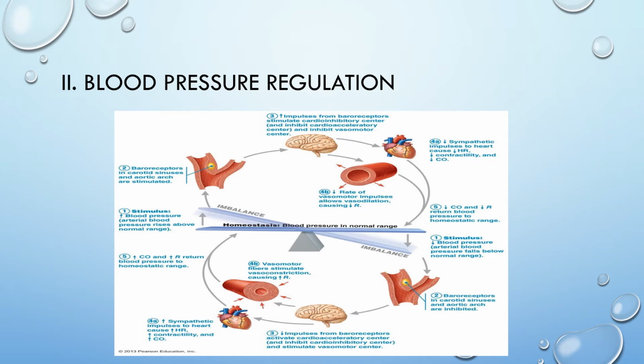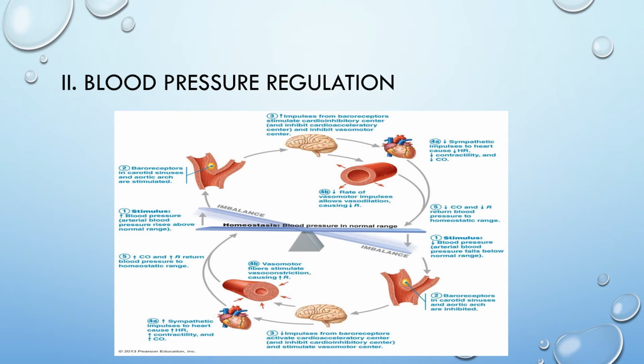Second is blood pressure regulation. What happens in blood pressure regulation is that in homeostasis, the blood pressure needs to be maintained in the normal range. However, what happens if the blood pressure increases? The receptor responsible for detecting the changes is the baroreceptor. The baroreceptor will send the signal to the center, which will stimulate the cardioinhibitory center and inhibit the cardioacceleratory and